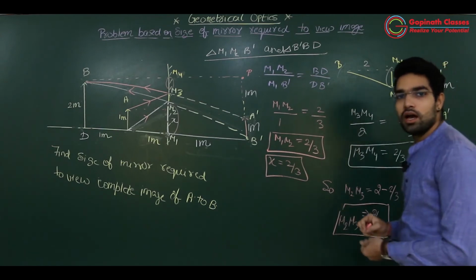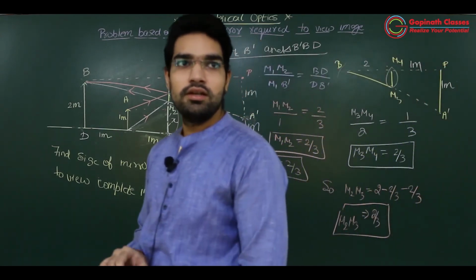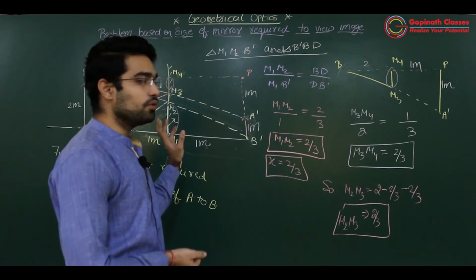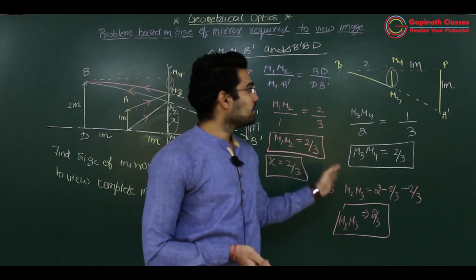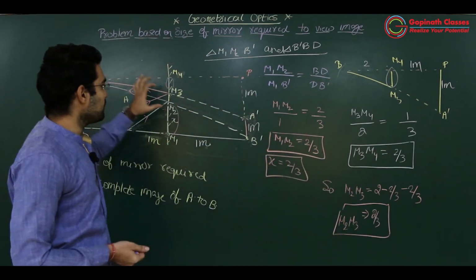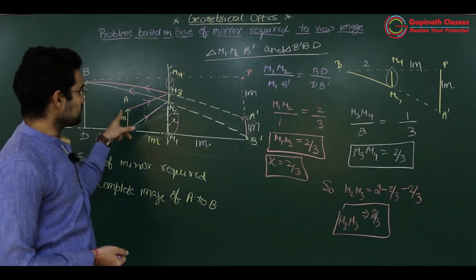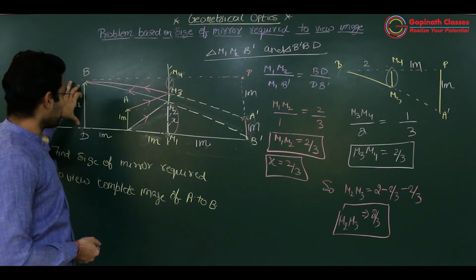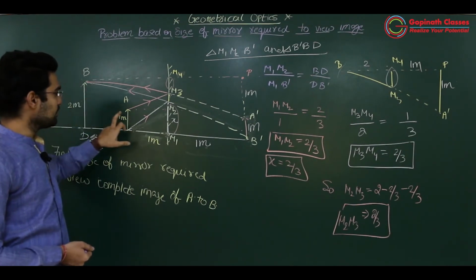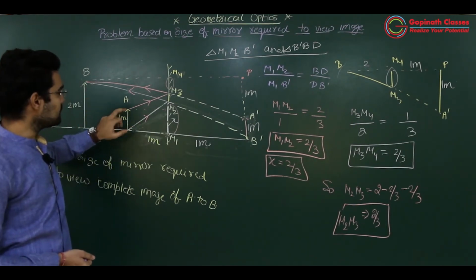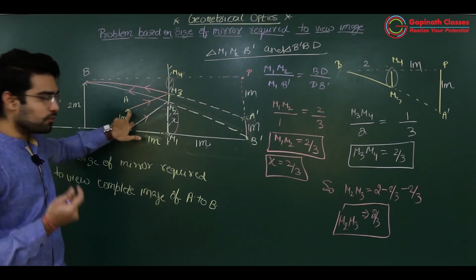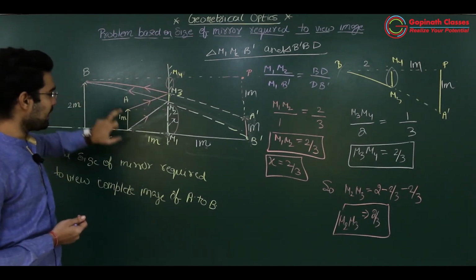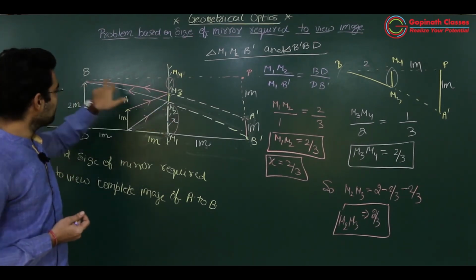So this is the size of mirror required to view the complete image. एक बार वापस फटाफट सुन लो what we have done. This is object A and we have to see the complete image of this object by B. B को इसकी पूरी इमेज देखनी है तो हमें क्या करना है? सबसे पहले हमें उसका जो हेड टॉपमोस्ट पॉइंट है उसको B पे भेजना है, एंड बॉटम जो लास्ट पॉइंट है उसको भी B पे